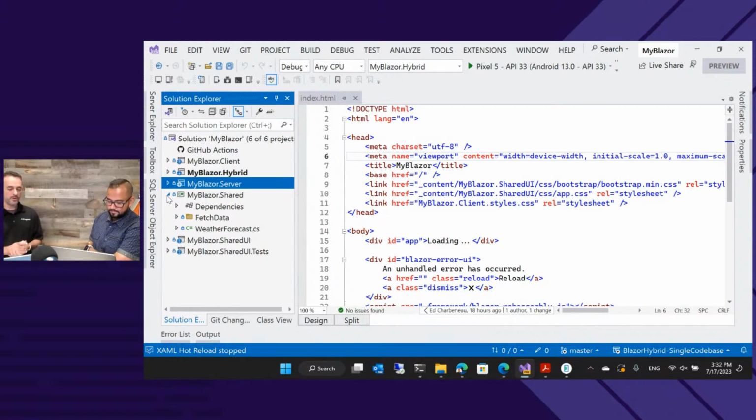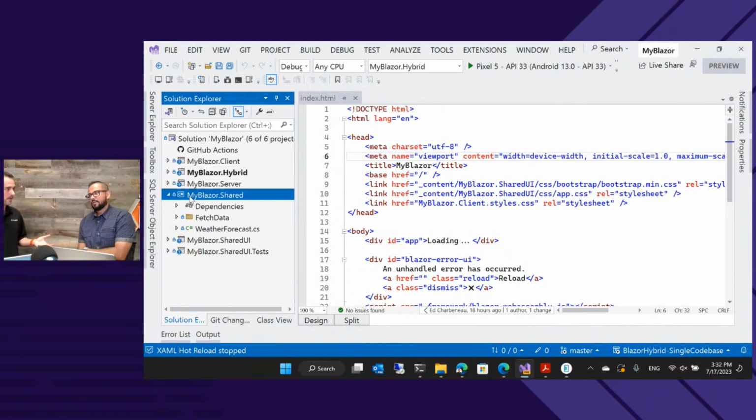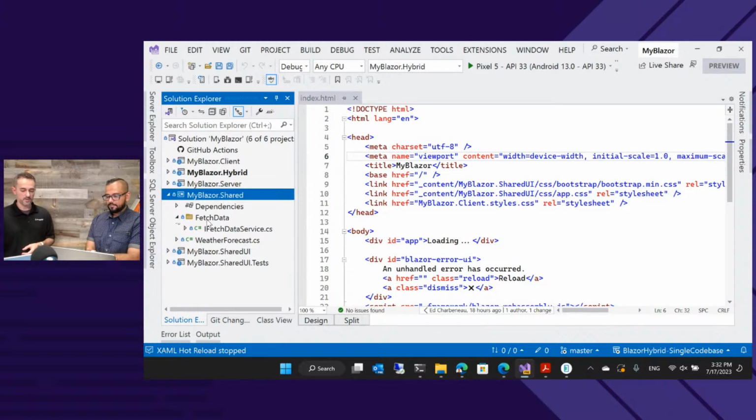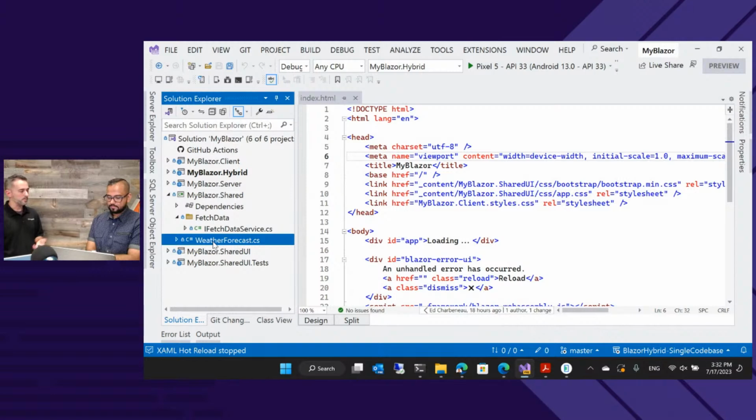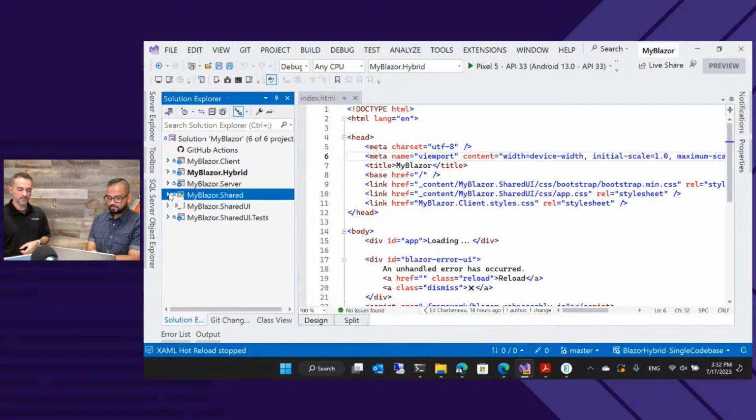Blazor shared. So I have an additional shared project. This is kind of core business logic that is not UI related. It's just business logic that works on all the devices. So is it shared between web, like client and server, or shared across all platforms? Across everybody. Okay. So I've got some interfaces in here. I've got some POCO objects in here. We don't want to declare those twice all over the place. The interfaces help, because then we can hook things up in different apps, and we have that contract there in the shared library.